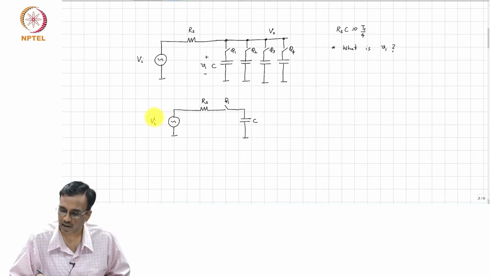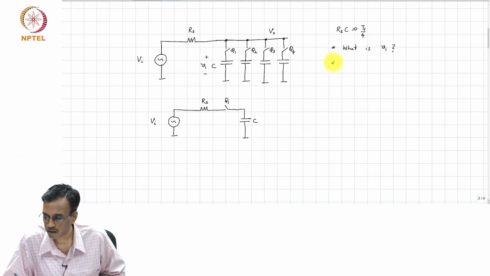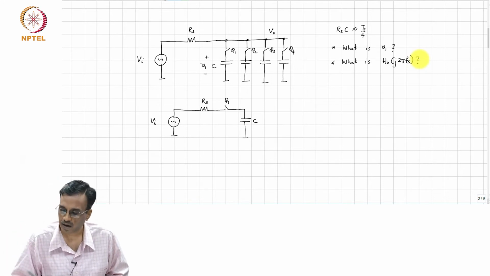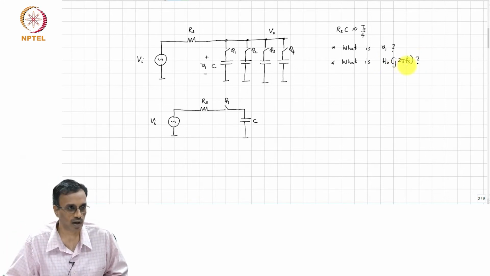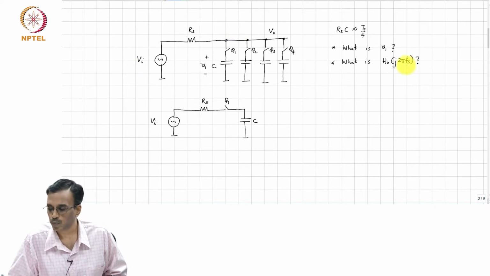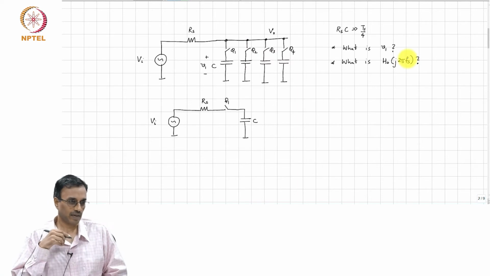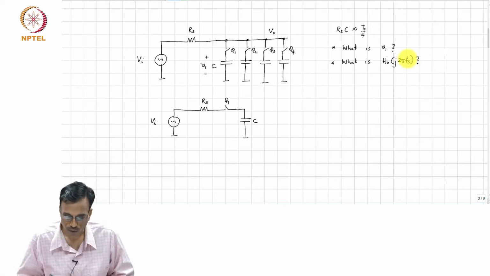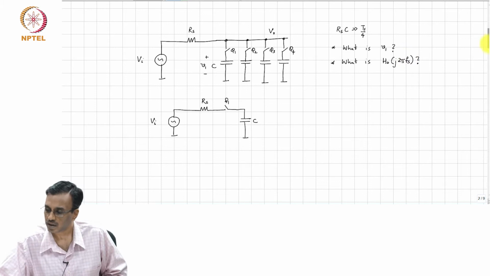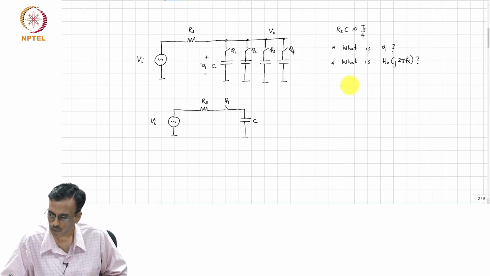Right, and we are interested in finding H0 of j 2 pi Fs, and this is the 0th order harmonic transfer function from Vi to Vo when the input frequency is Fs, correct. So, Vi, and remember that if you have an LPTV system,